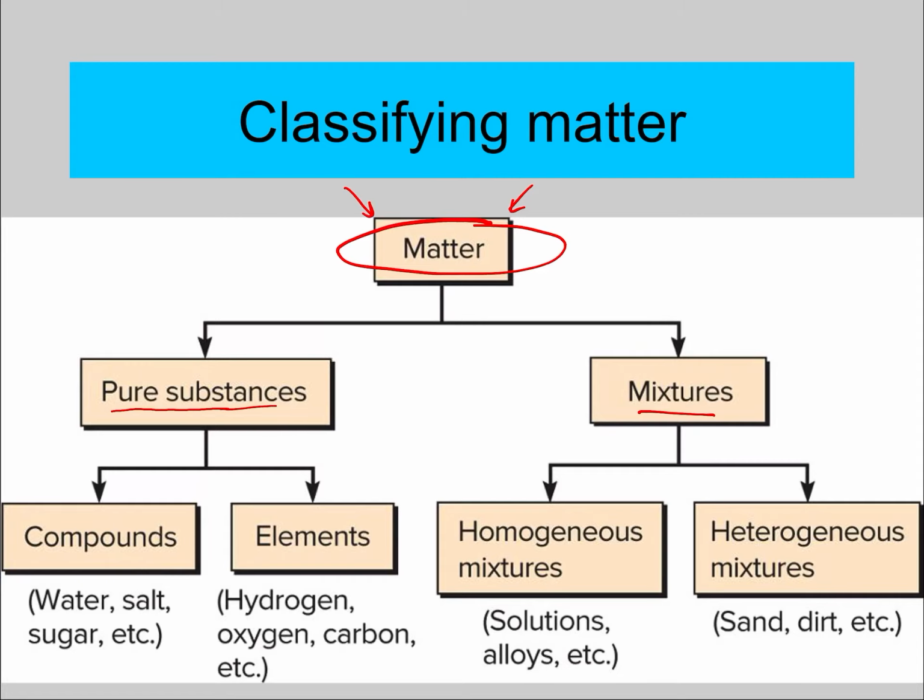So a pure substance would be something that is homogeneous all throughout, meaning if it's made up of hydrogen, it's only hydrogen, nothing else. If it's water, it's only water, nothing else. A mixture is like anything, like a trail mix, right? Nobody would buy a trail mix thinking it's going to contain only raisins. No, a trail mix is going to have peanuts and raisins and M&Ms and all kinds of other things because it's a mixture. So within that branch of pure substances, we're going to have either compounds, which are really